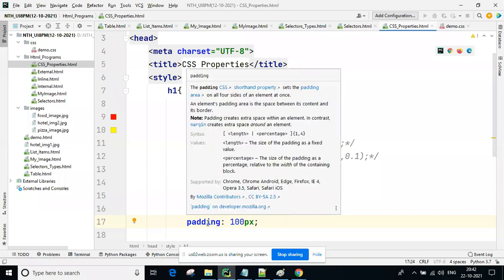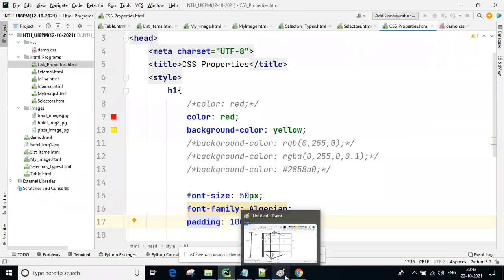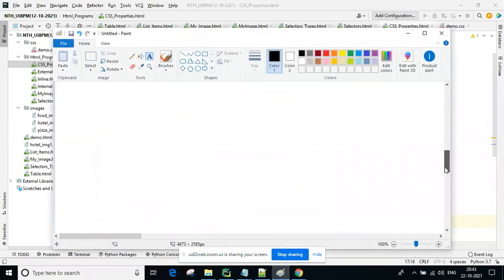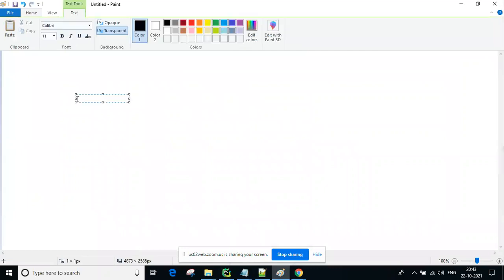Around the content, if you want to provide space, then we can use padding. Here I will tell one point, guys, listen here. Now, related to padding, you can use padding here.